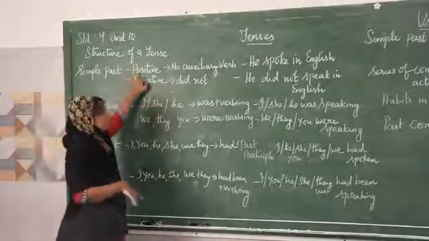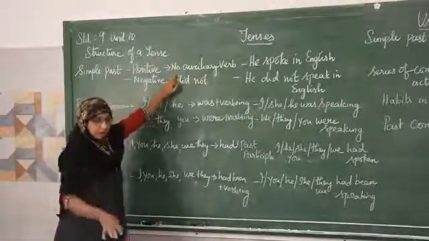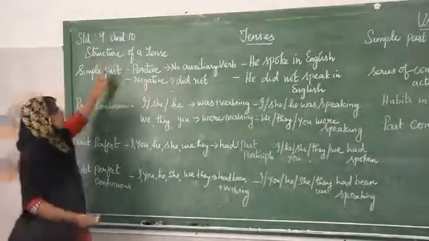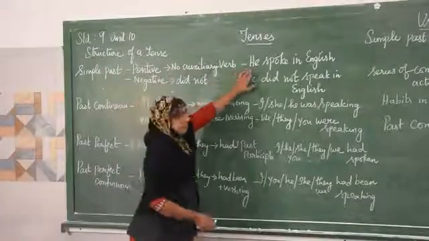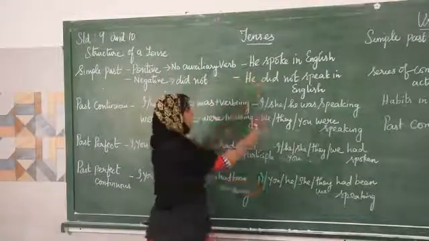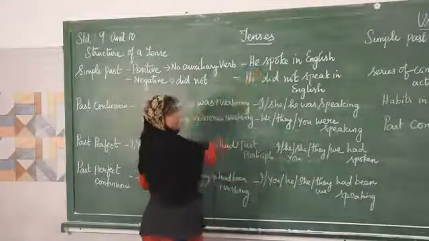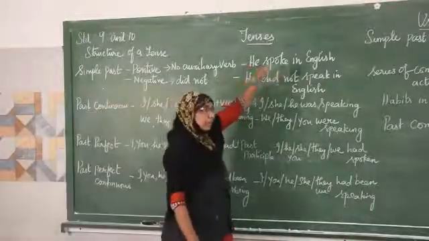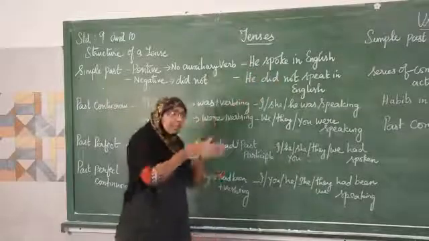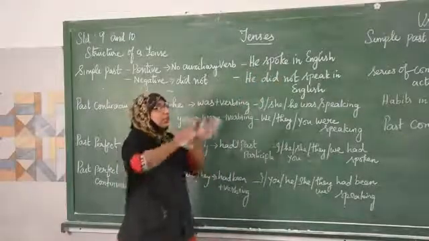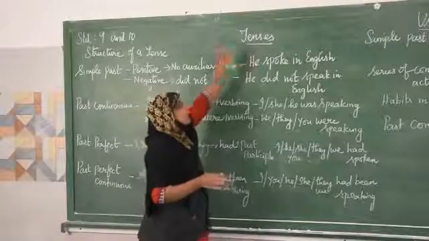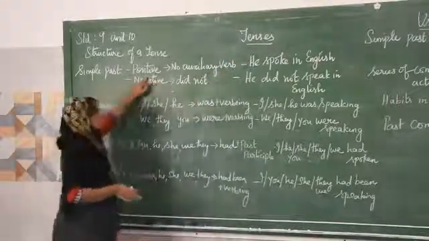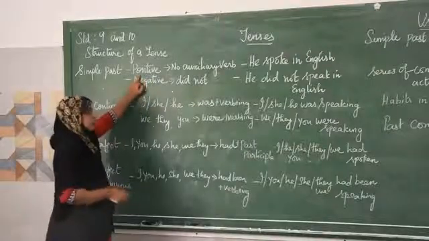Okay, for positive sentence, we are not using any auxiliary verb. Why are we not using an auxiliary verb here? Because we are using only the main verb. He spoke in English. Here, actually the auxiliary verb is hidden. Even in simple present form I told you, he speaks in English. That means he does speak in English there. So the do form of the verb is hidden here. So no need of using the auxiliary verb for the positive sentence.